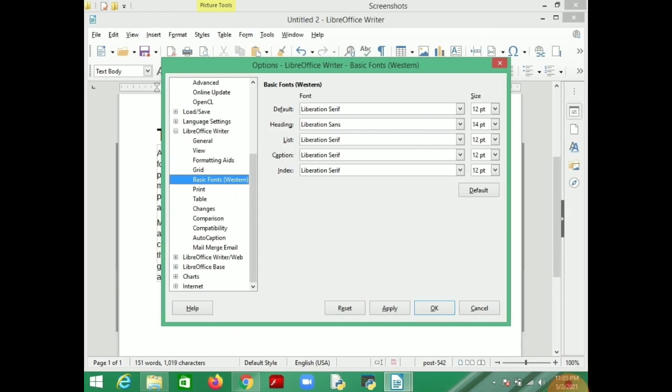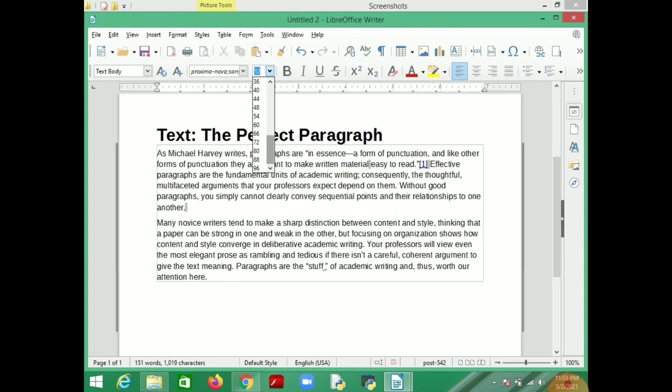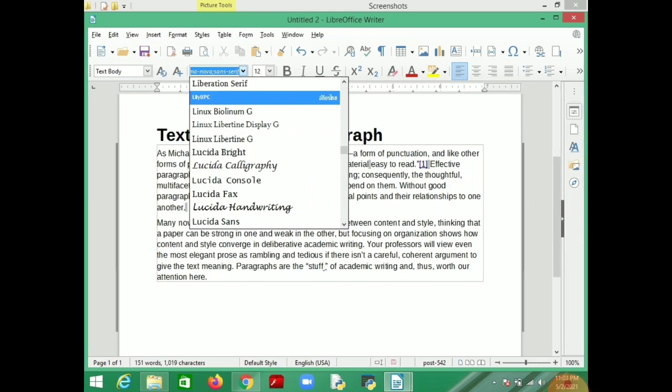Then you can change basic fonts from here also.